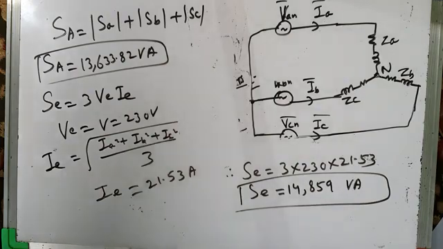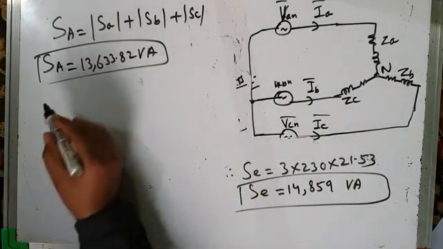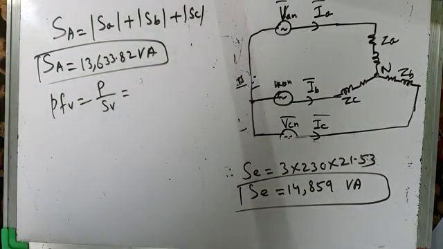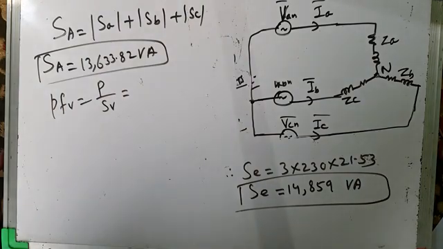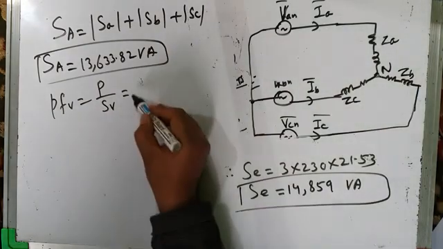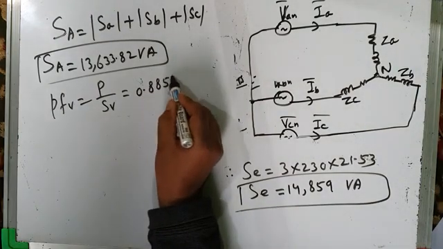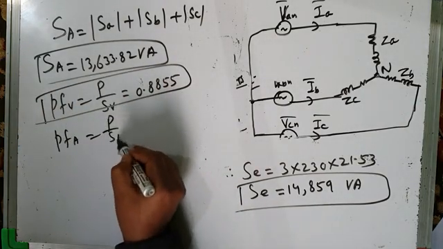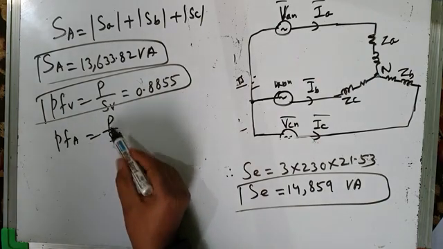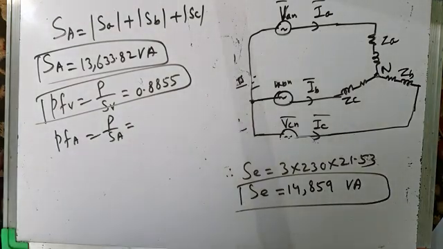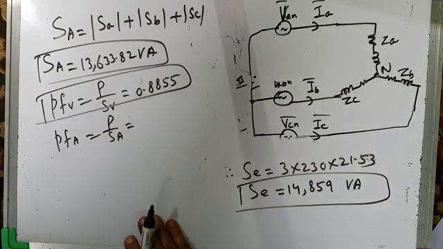Okay, so once you know these apparent powers, you can find the respective power factors. Vector power factor is P by SV, and I have already calculated that; it comes out to be 0.8855. Arithmetic power factor is P by SA, where P is the total three-phase real power and SA is the arithmetic apparent power. If you substitute the values already computed a few moments back, it comes out to be